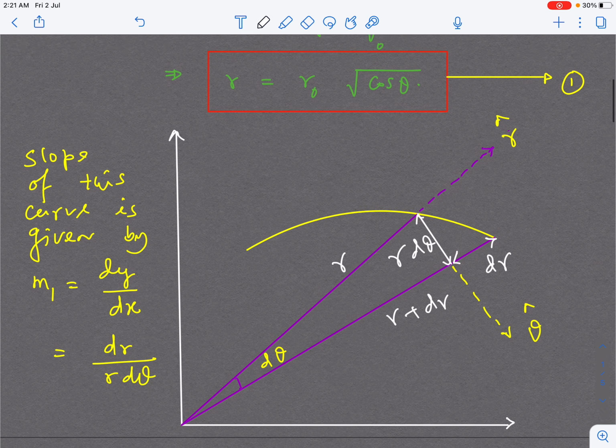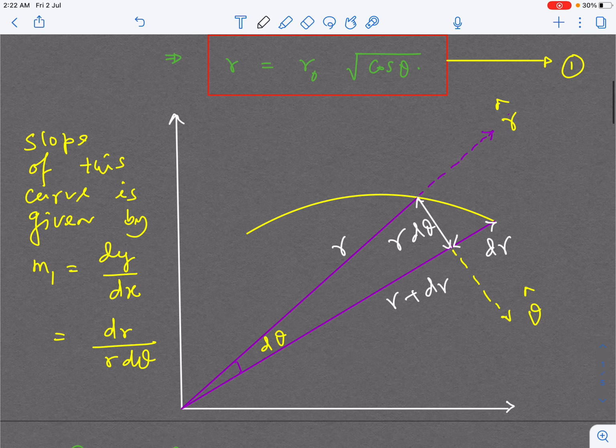Now next, when I'm going to draw the lines, here I have taken an arbitrary curve, and for this arbitrary curve you can check I have taken one radius vector up to this radius vector as r naught, alright, and after a certain point of time here I have taken another radius vector of r plus dr, and I'm assuming that in that intermediate time there is a small angle being contained here, that is d theta. I hope there is no problem in it. This is quite crystal clear.